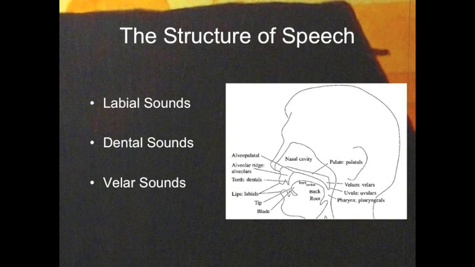First, we have labial sounds. These are sounds that require the use of one or both lips of the speaker. We most commonly associate labial sounds with stops, linguistic stops. Now, the letters B, a variant of P, F, V, and M. All of these are considered to be labial sounds. It may seem a bit silly, but take a moment to produce a V sound and be very cognizant of the role of one or both of your lips as you're producing that sound, or an M sound.